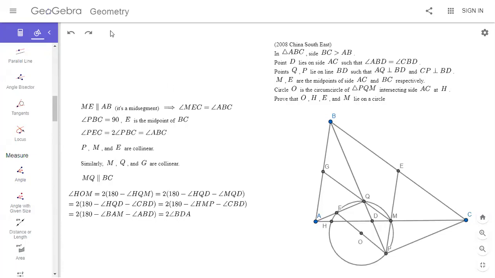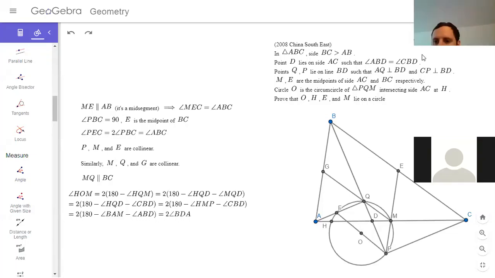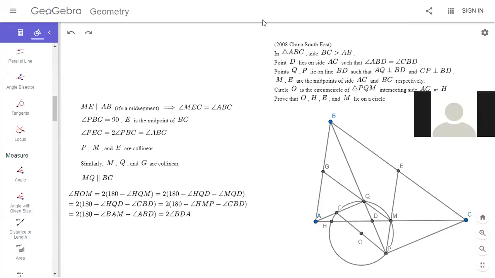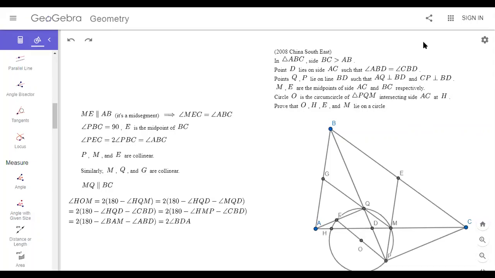Let me check the chat. HEM is BEM minus BEH, and BEH is twice BCA. But that's assuming, yeah, so